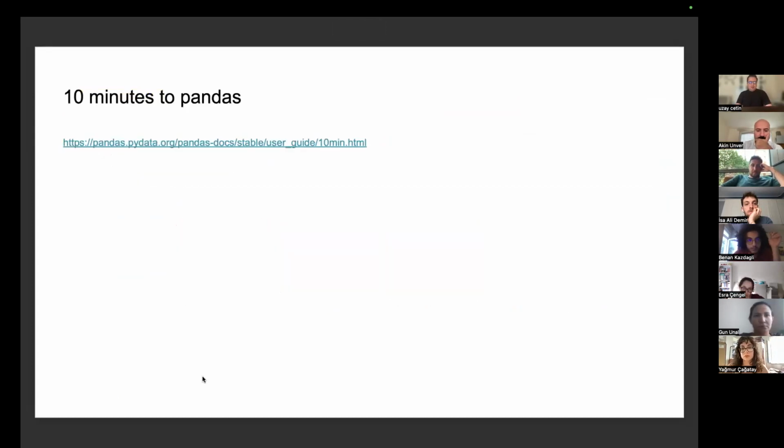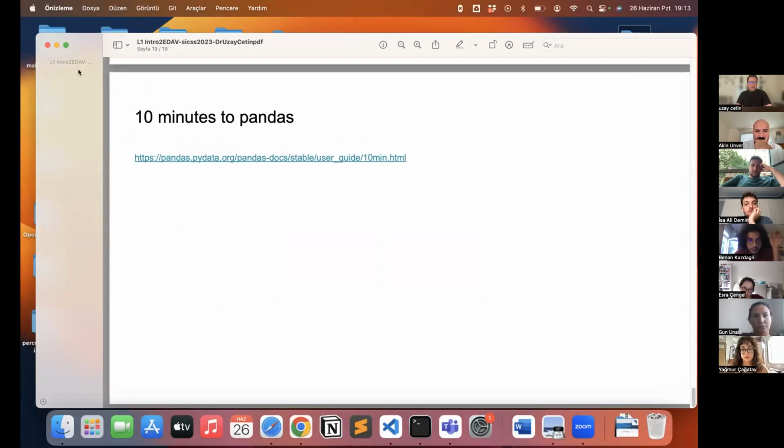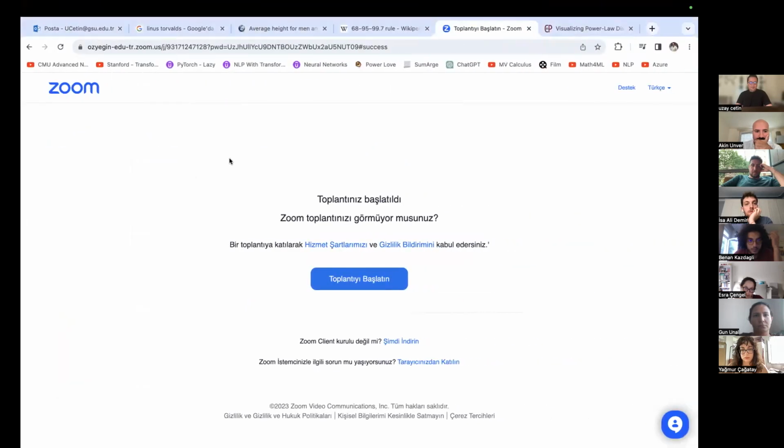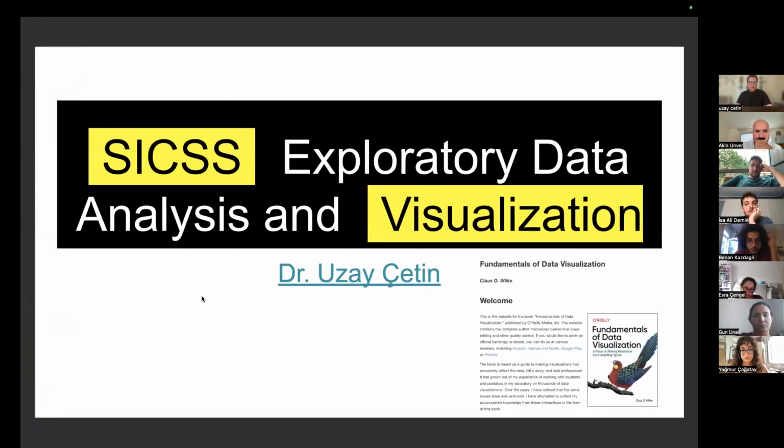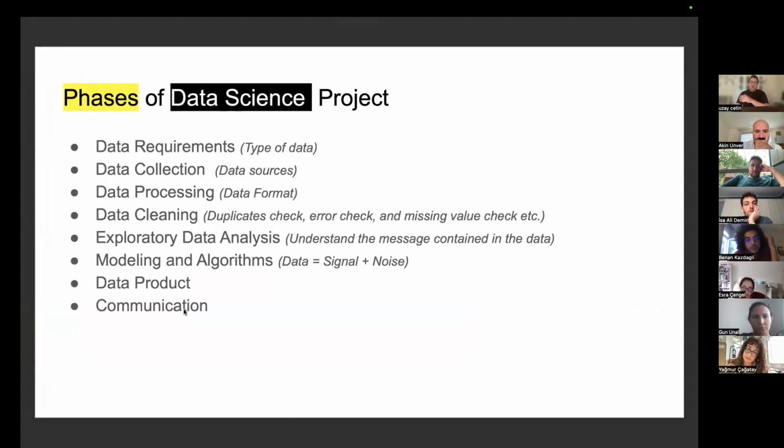For the moment, I will skip the last 3 slides and go to another slide now. Okay. Now we will start to see much more code now. These are related to the phases of a data science project. So first of all,